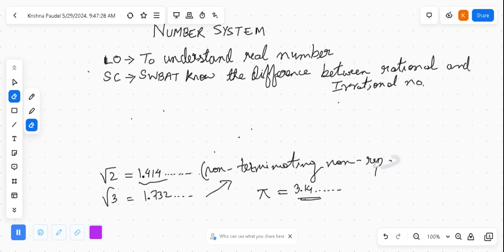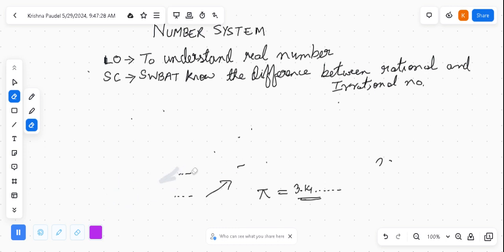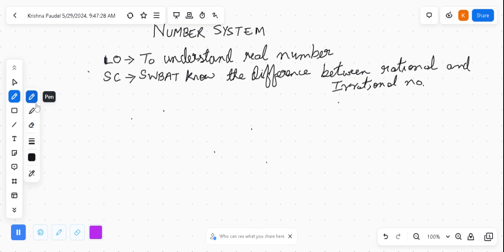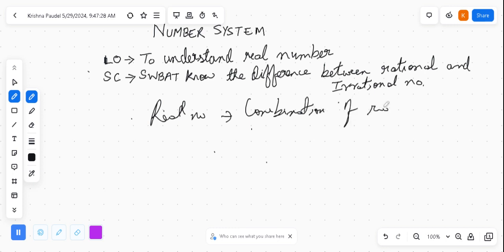From here, we can say that a combination of rational and irrational numbers is a real number. So when we combine rational and irrational numbers together, that is called a real number. So a real number basically is a combination of rational and irrational numbers, or in other words,